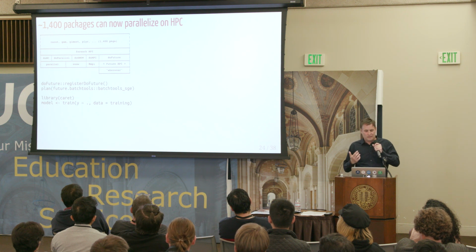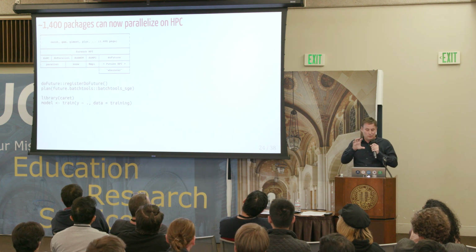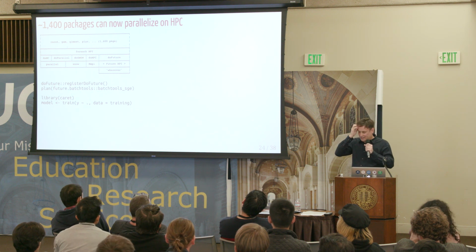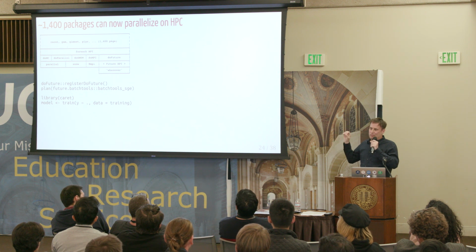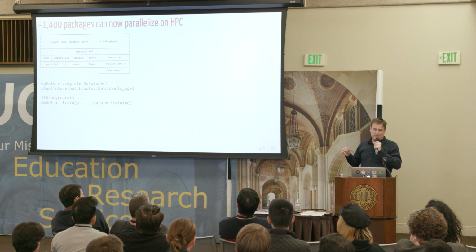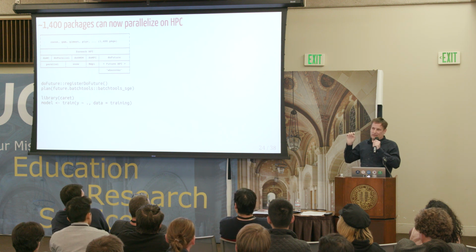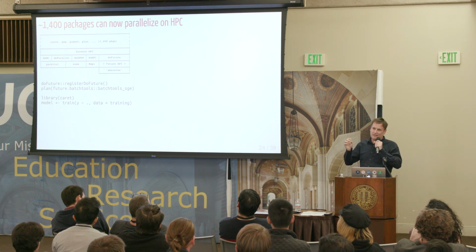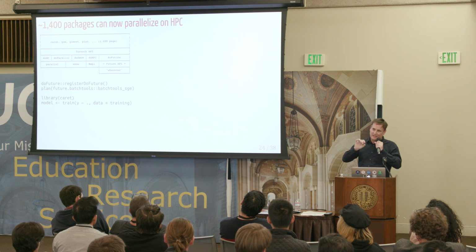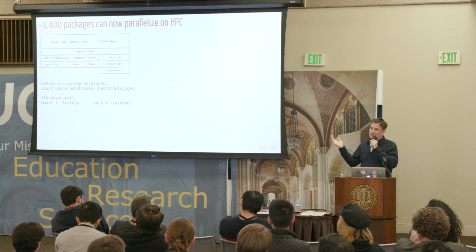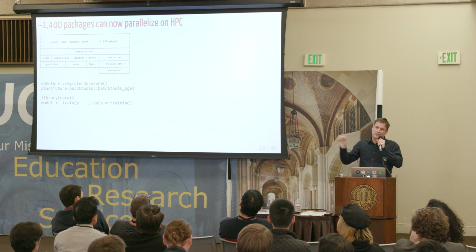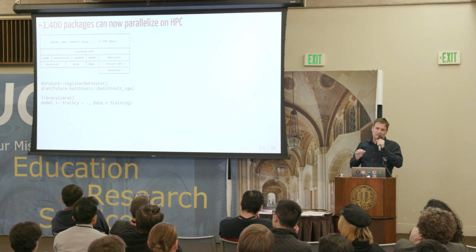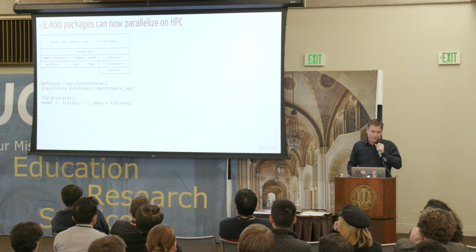And now, because of that, two points here. There is a package I mentioned called future.batchtools, which lets you parallelize on compute cluster job schedulers. So with the doFuture package, there are now 1,400 packages on CRAN that, instead of parallelizing on a local machine, can parallelize on a compute cluster, because those packages use foreach internally. So that just came for free.